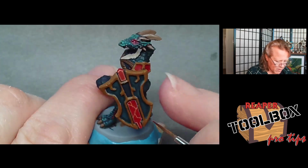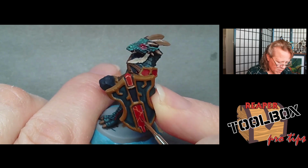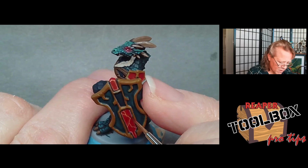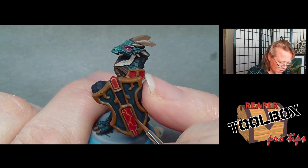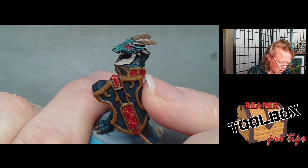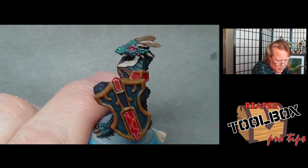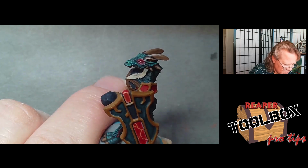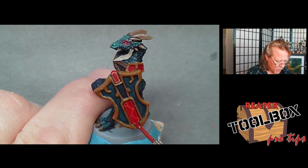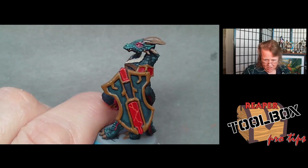Putting a little bit of extra. Just bringing some extra red in. Let's see here. One more glaze. And I'm going to grab my...